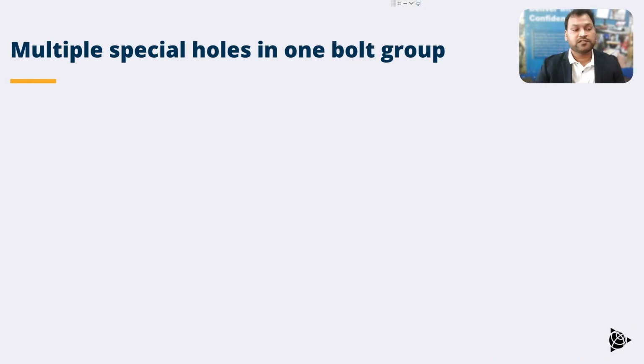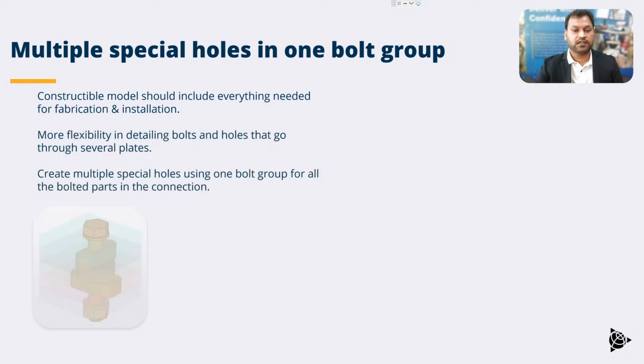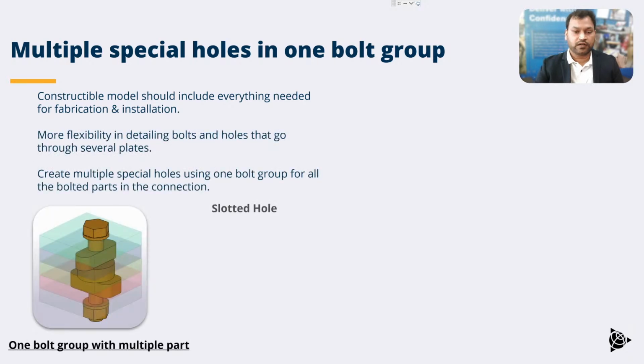Coming to the multiple special holes on bolt group. This is also one of the requirements from the previous versions. It is not possible to model multiple different sizes of holes. For example, in one part it will be connected with the fin plate, or connected to the beam,